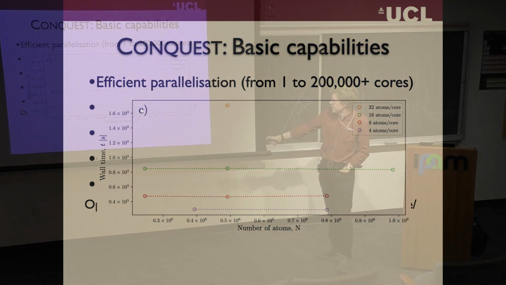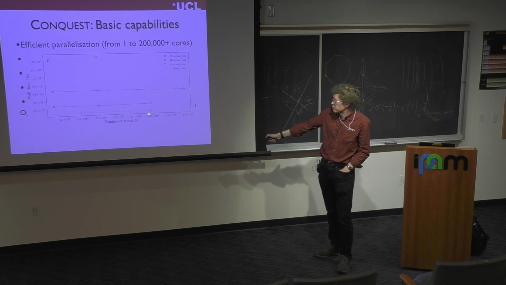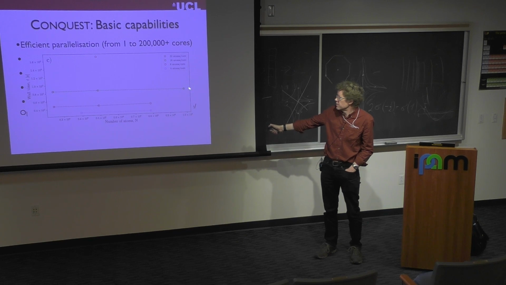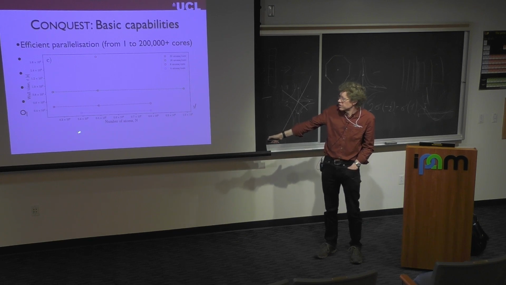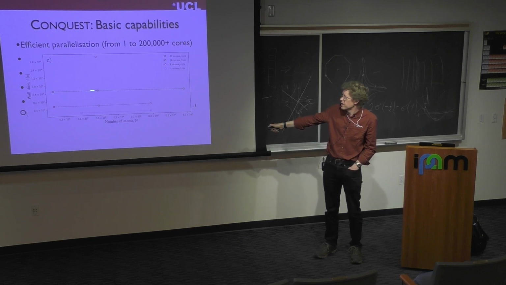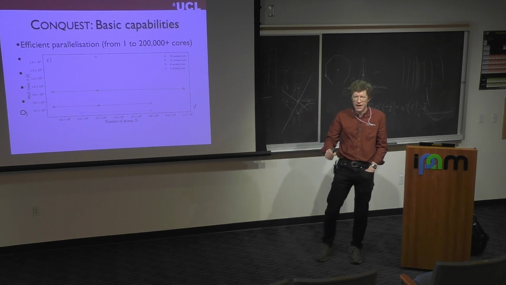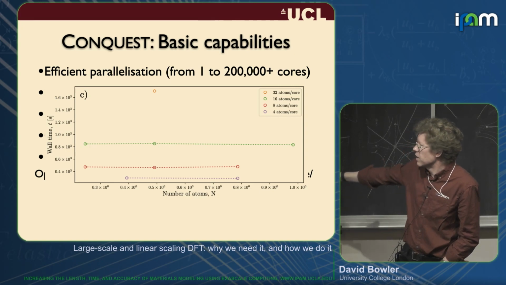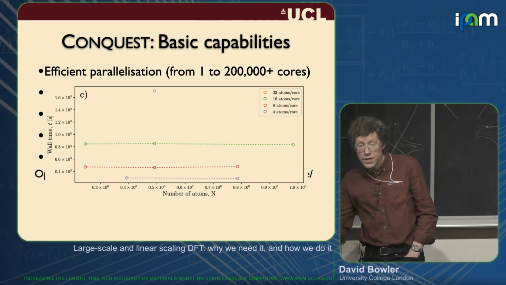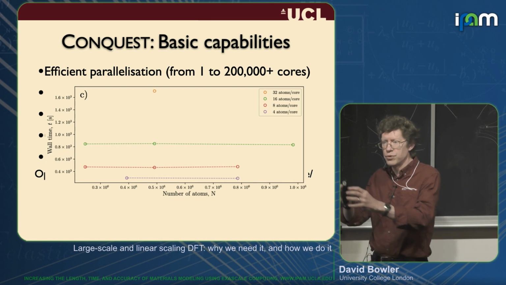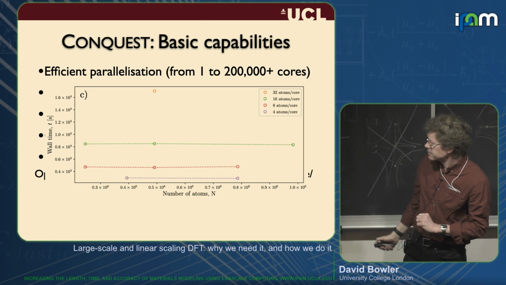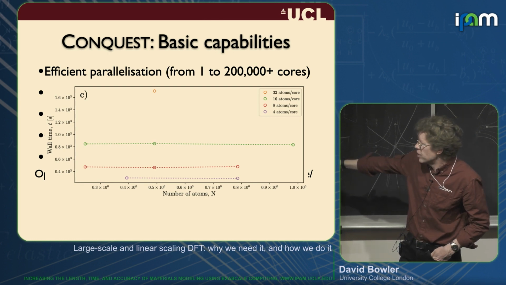First of all, down here, so that's 4 atoms per core, so that's the 200,000 core calculation. And over here is the million atoms, but notice we're changing the system size, and the time per process is completely flat. Okay, so as we increase the system size, we get perfect linear scaling. This is all done in terms of weak scaling, where we're keeping the load per process the same, but it scales very, very nicely.